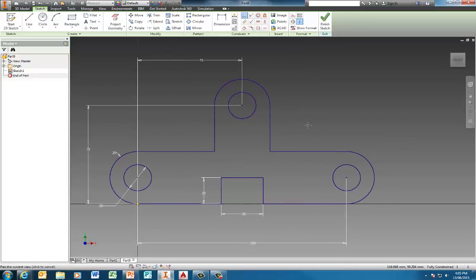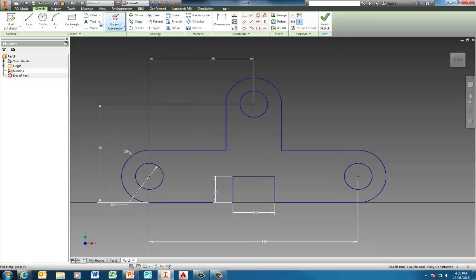We still have to use the fillet command. So fillet, we've got a couple of different radiuses to apply here. The ones down the bottom are 5 millimeter radiuses. So I'll make that a 5 and then pick one line then the other and then the other side. They're done and applied. Now I need to use 10